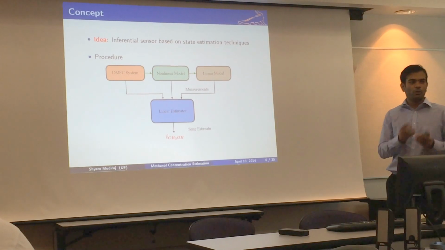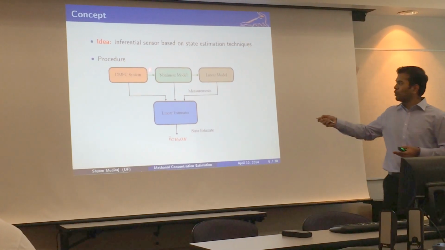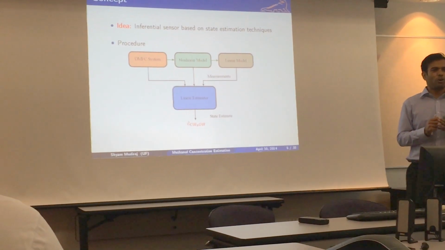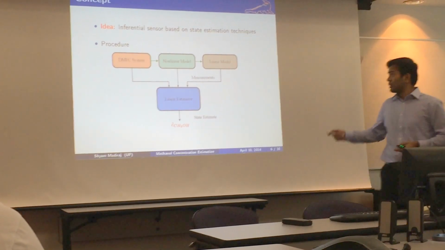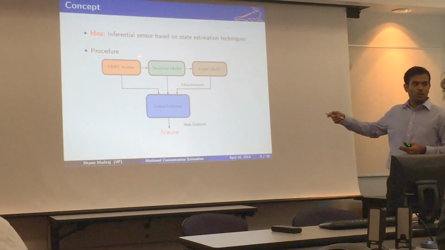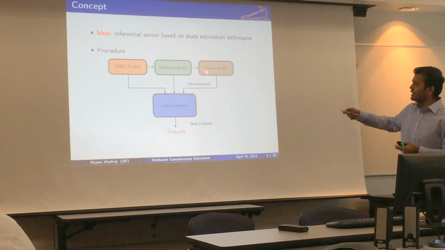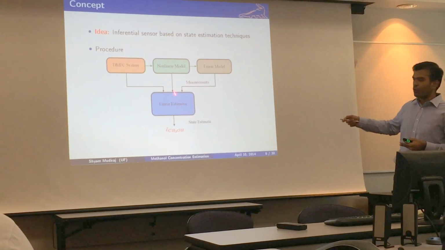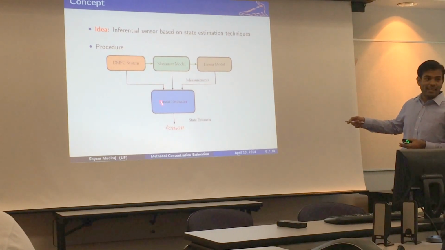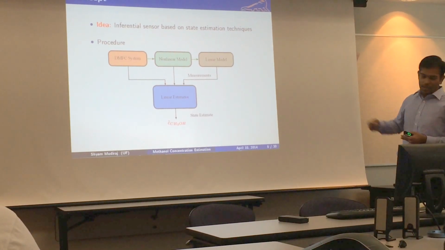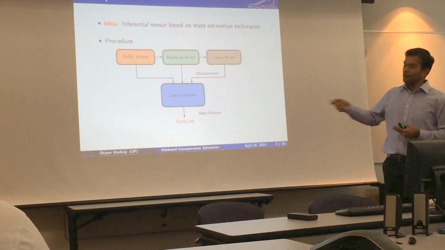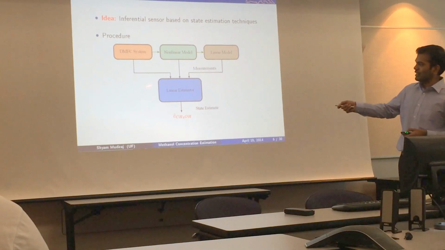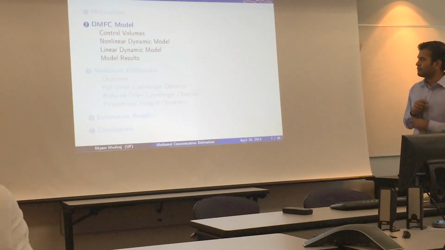First of all, we need to have a good model of the system, and a nonlinear model is the closest that we can get to the actual system. However, these models are complex and hard to work with. So instead of working with the nonlinear model, we simplify it and get linear models. And we use these linear models to develop our estimator. And once our estimator works pretty well on the linear model, we then take it and test it on the nonlinear model. And if it works well there too, then we can take it to the DMFC system, the final system. Now, as you have seen that the estimation requires a good model, let's see how we do it.